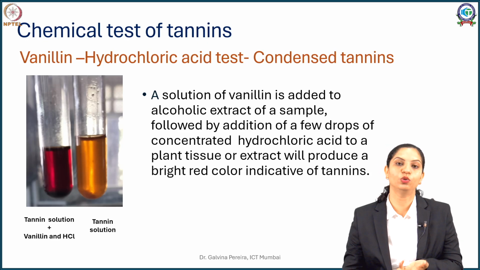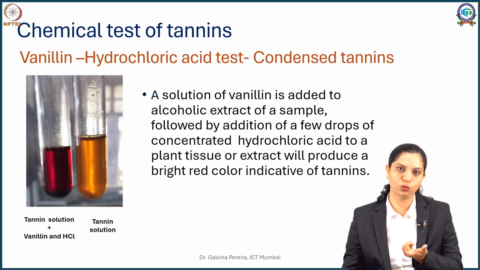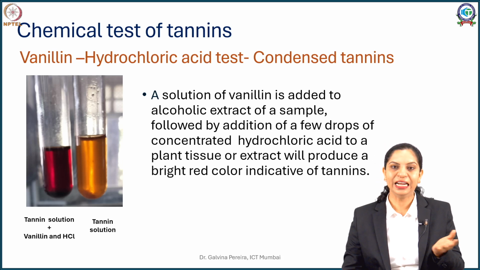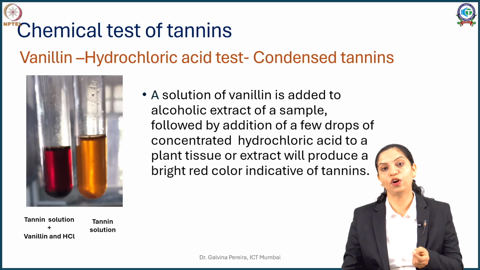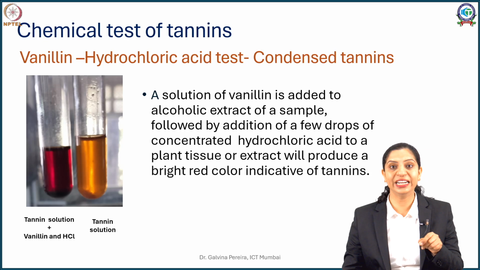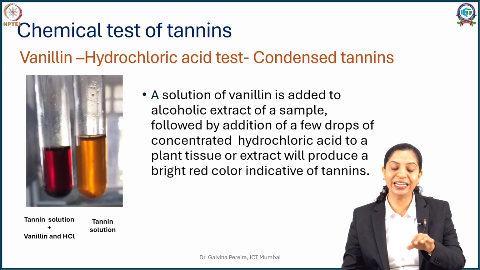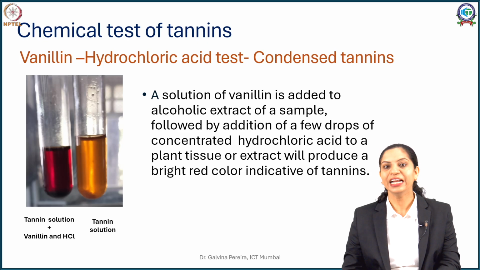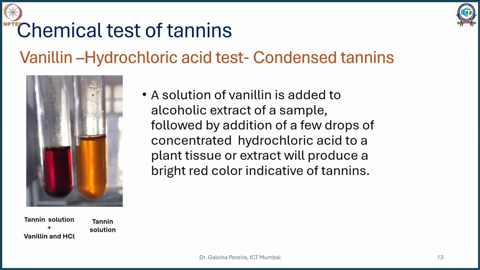Interestingly, this test is also used histochemically. So what you need to do is you can take your section, that is a transverse section. In that transverse section, just add a drop of your vanillin solution, that is alcoholic vanillin, let it dry off, and then you add a drop of concentrated hydrochloric acid. What will happen is wherever your condensed tannins are present in the section, that area of the section will tend to form a reddish zone. The presence of a reddish zone in your section indicates that your condensed tannins, especially the flavan-3-ol derivatives, are present there.